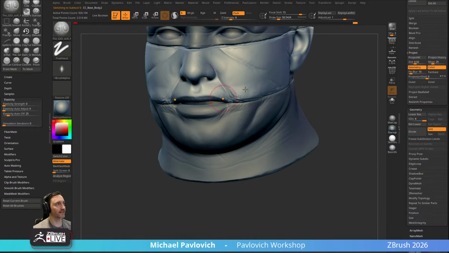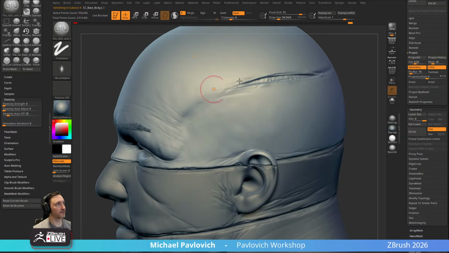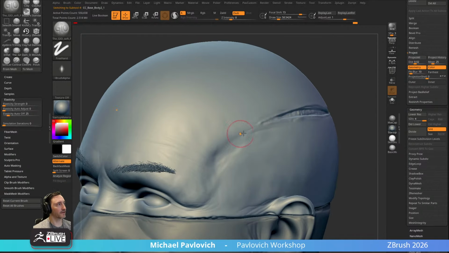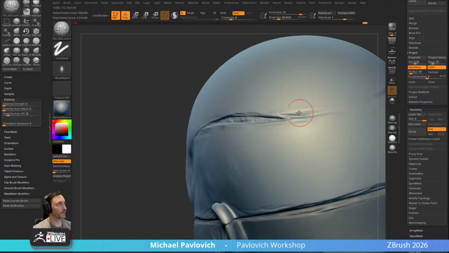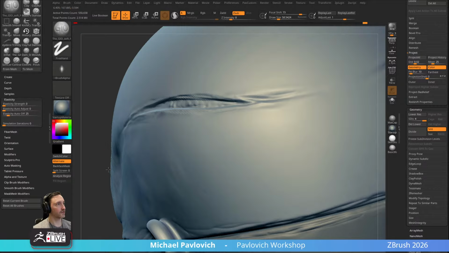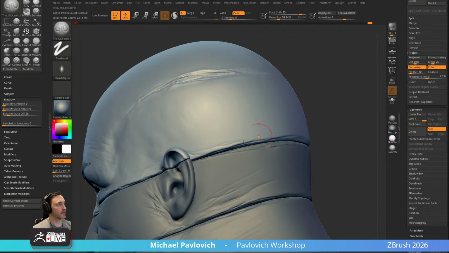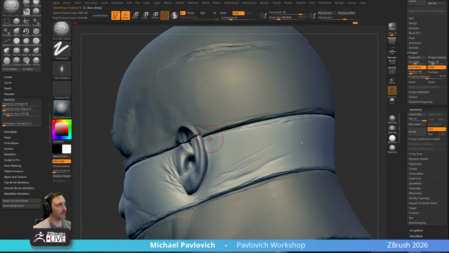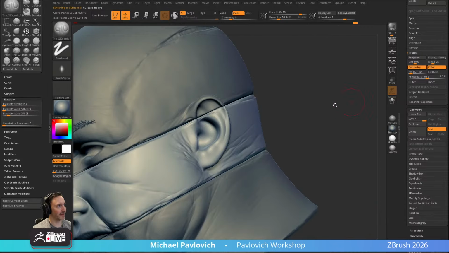So doing stuff like this would give you a lot of personality as well, because obviously he's going to have some very specific skin wrinkles just due to the nature of how he's looking, what's happened to him. So as he continues to animate with his maladies,